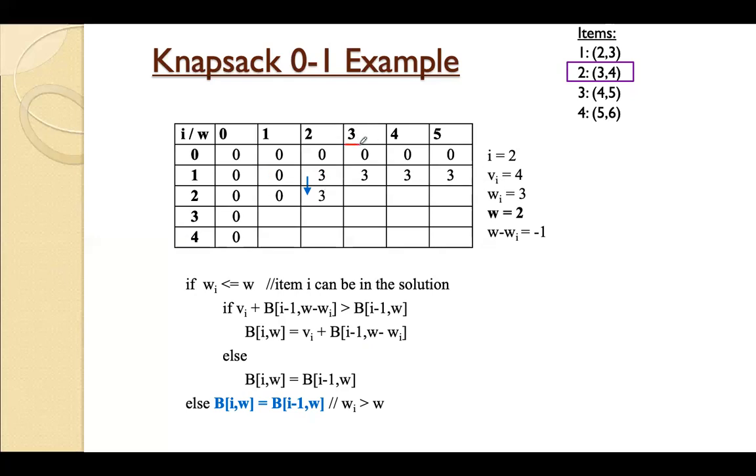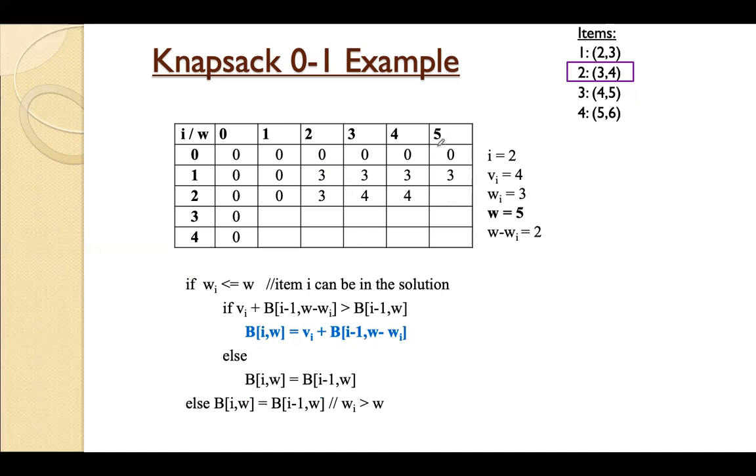Now when weight is 3, when Wi is equal to 3, W minus Wi is 0. That means we'll not write it as it is. We'll write Vi, that is 4 plus 0. That is 4 we are going to write. That is, we'll consider the second item, so its value will be 4. When weight is 4, again we'll write 4 as it is. No changes there. And when you come to here, W is 5. Next, what we are going to do is this 4 plus 3 we'll add, we'll write 7 here.